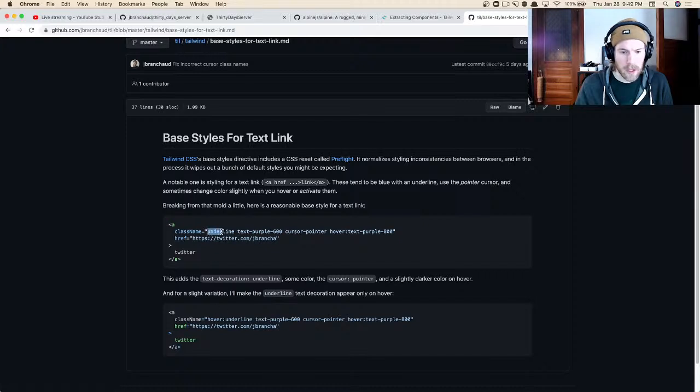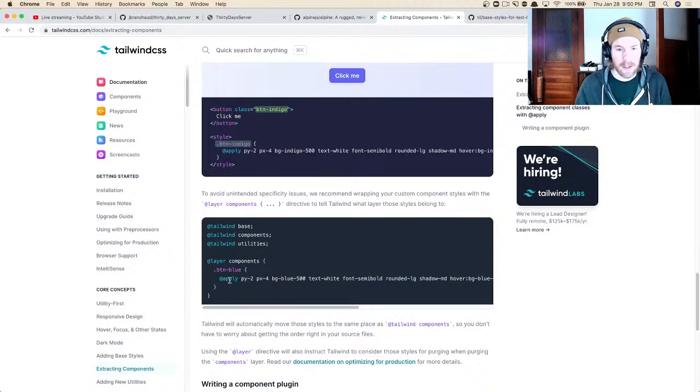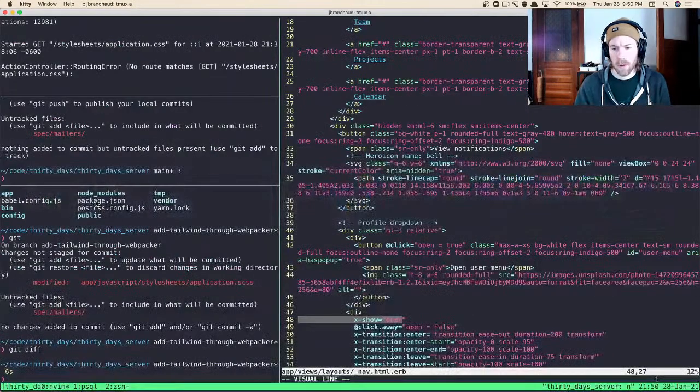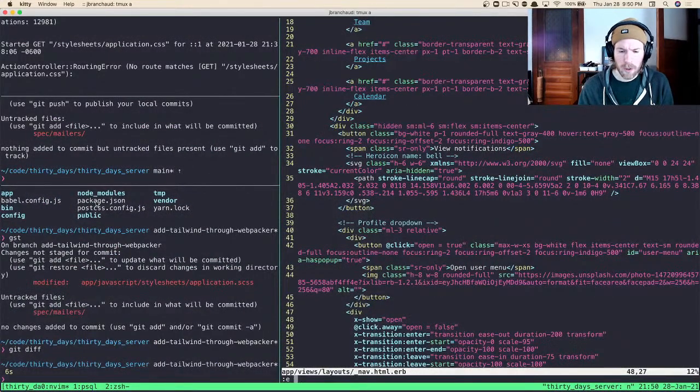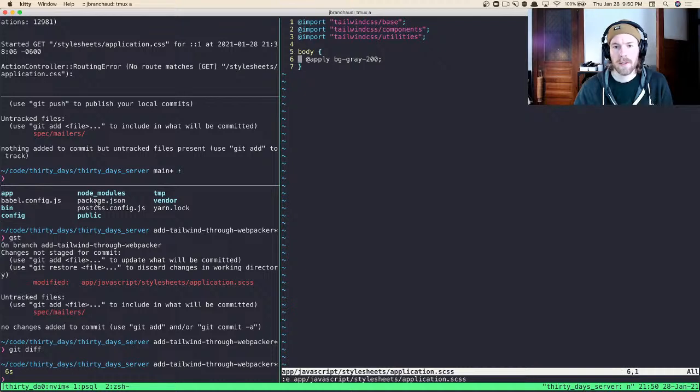Okay, yeah. So I kind of like this one. Copy that over, and then I'm still going to follow this apply syntax here. So we will jump over to app, JavaScript, style sheets. Similar to how we're applying this color to the body, I can say for all A tags, well, like that full tab stop, I would rather that be,